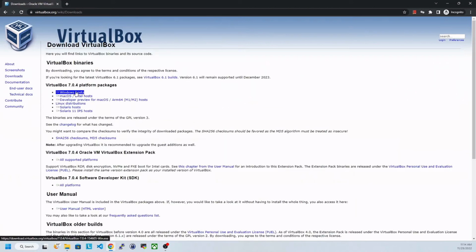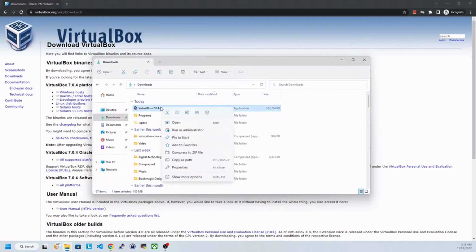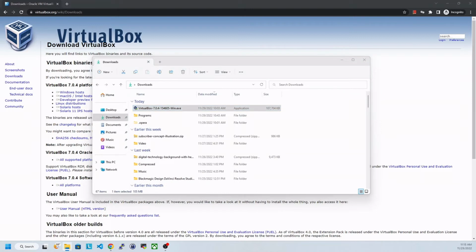Then we will go to the Windows host. We'll click the Windows host. As I have already downloaded it, I will just discard. You can see my download is already completed, so I will just run it as administrator and just click yes,